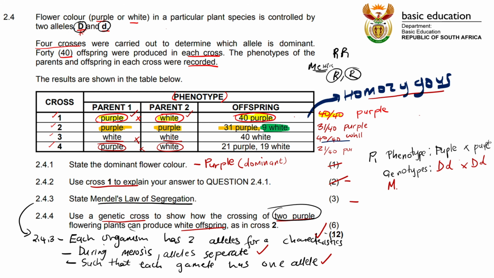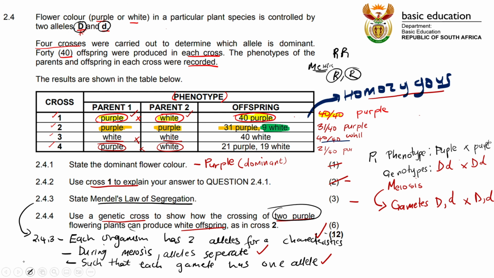So what happens after here is meiosis. This exercise will be very easy to follow if you have watched my previous videos on types of dominance and how they work with each other. So meiosis will occur such that there will be a production of gametes. The gametes here will just separate, D with a comma with d. This is Mendel's law of segregation. Cross D with a comma and d.